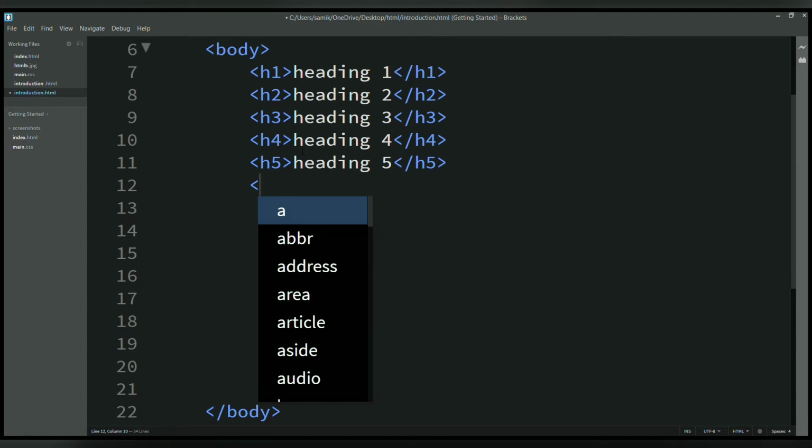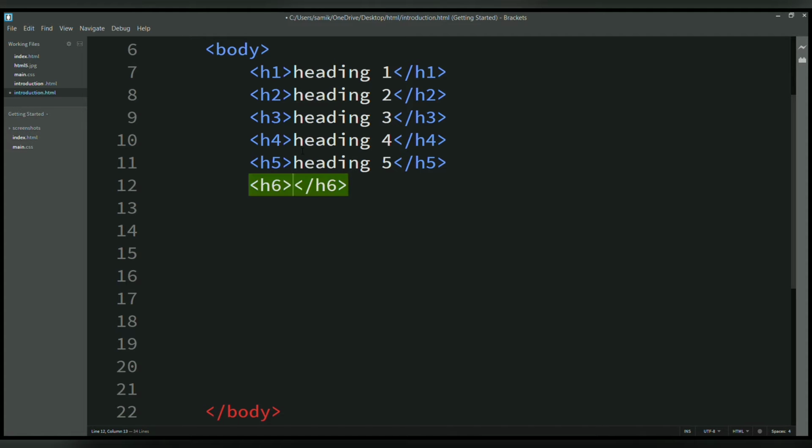And last H6, heading 6. See, H1, H2, H3, H4, H5, H6 means here H stands for heading.